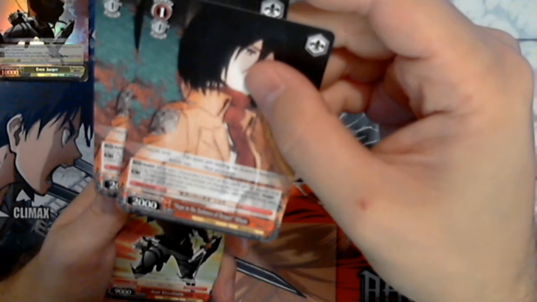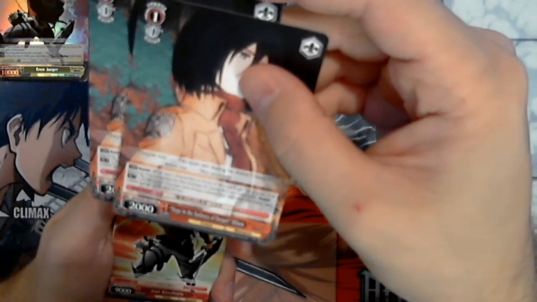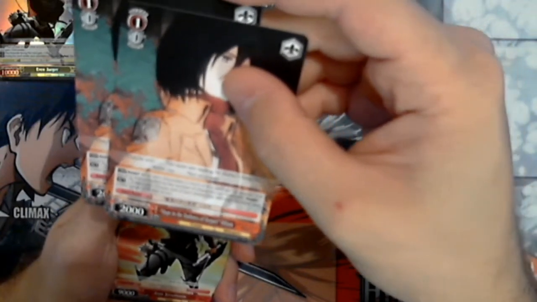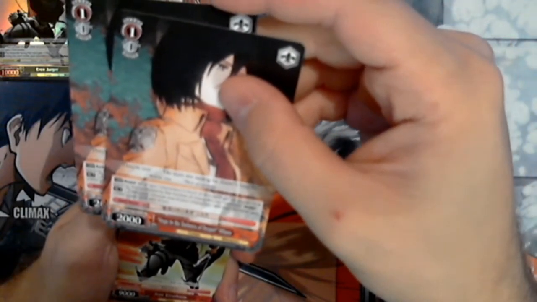So, Hope in the Darkness of Despair Mikasa. Assist. All of your characters in front of this card get plus X power. X is equal to 500 multiplied by the number of characters you have with assist. Neat. So, you can also activate...